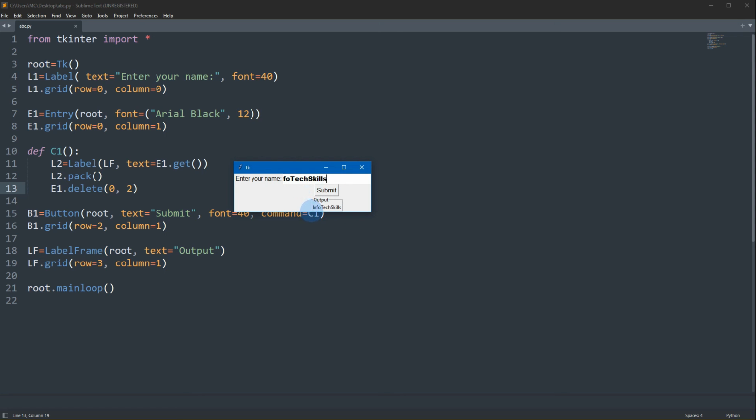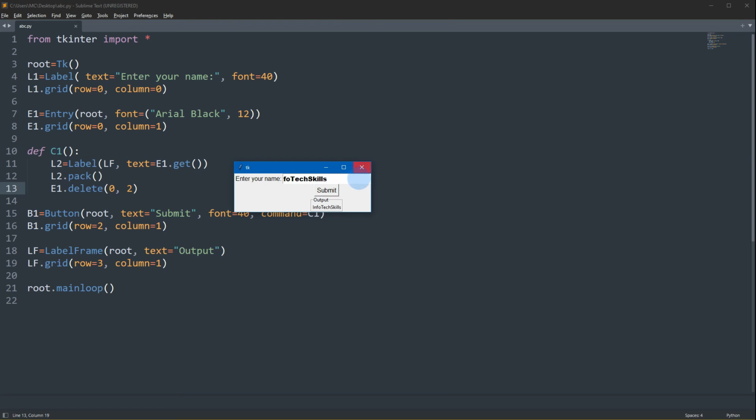Why text skills? The first and the second character are deleted. We indicated 2 here, which means it will stop when it reaches index 2. It will remove index 0, then index 1, then stop at index 2. That's why we have fo text skills.